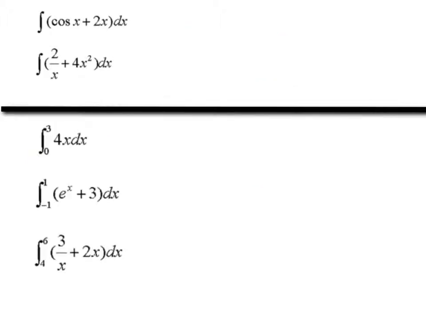Here I just wanted to do a quick review of some integrals. I don't want people to always think of substitution. Of course, we've got other rules. So this first one, the antiderivative of cosine is sine. Antiderivative of 2x is x squared plus c. Antiderivative of 2 over x is 2 natural log x plus, raise the power and divide, so 4/3 x cubed